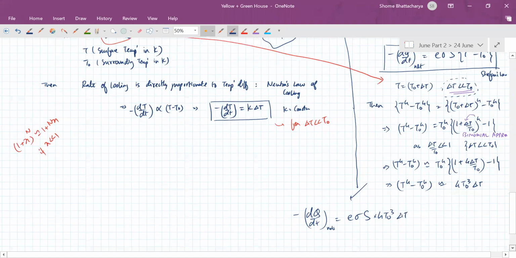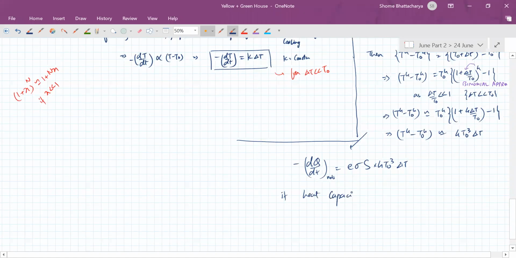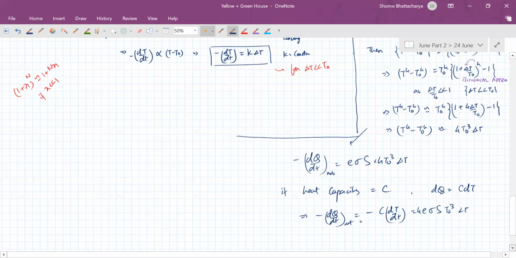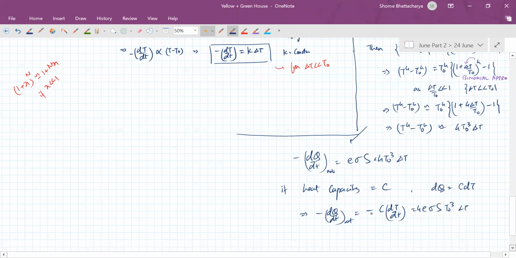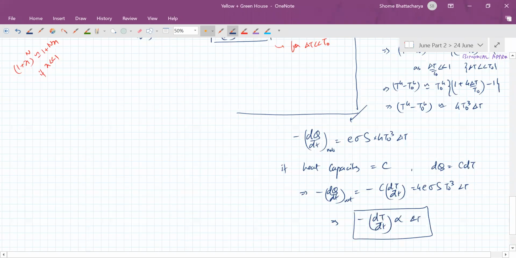Okay. Now further, if the particular body we are talking about has a heat capacity equal to C, then dQ is heat capacity times change in temperature, so minus dQ by dt net can be written as minus C times the rate of cooling, which equals E sigma S times 4 T naught cubed delta T. So you can see that the rate of cooling is proportional to delta T, and the constant of proportionality